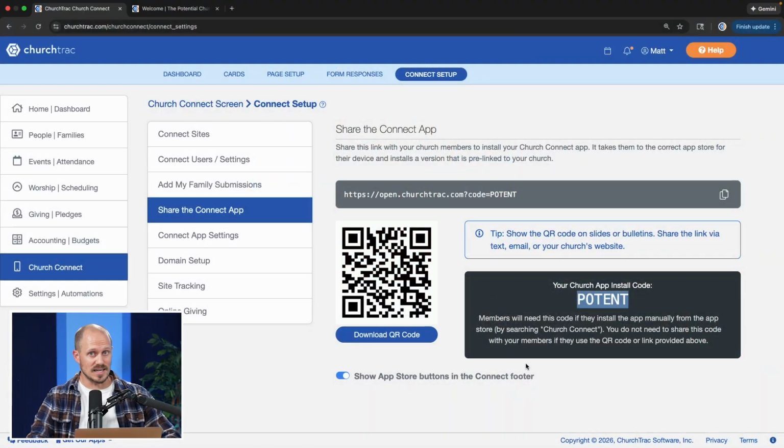Now, last but not least, on this screen, the 4th way that you can get the app to more people is with this little toggle switch. It's really small. I wanted to point it out just because it's easy to miss. But if you toggle the switch to the on position, what that means is now on the Church Connect website